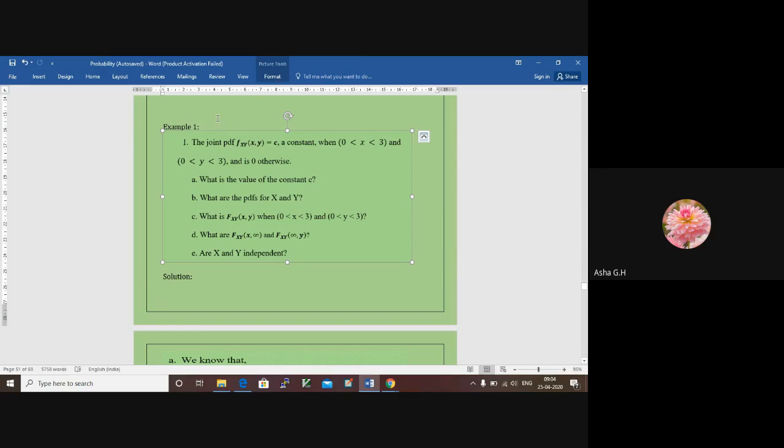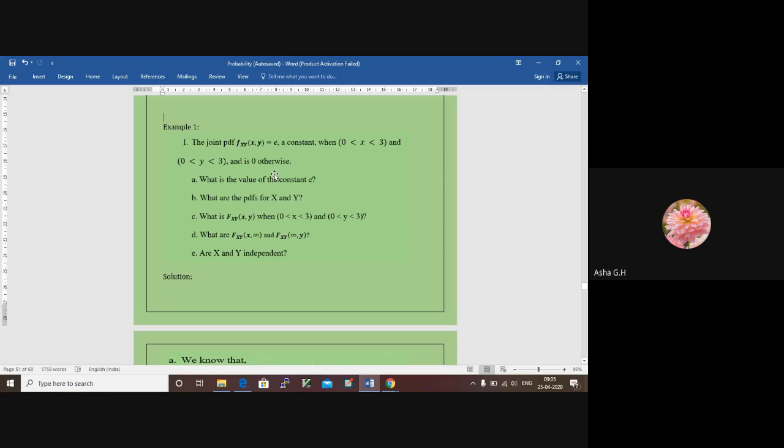Okay, this is an example for a continuous random variable when we have two random variables x and y. Now, the joint probability density function, that is small f of x comma y, is equal to c. It is a constant. Okay, and we have the range for x and y. The range of x is 0 to 3, and the range of y is between 0 and 3. And in all other places, it is 0. You can just try to plot this PDF. The question can be something like this: plot the PDF. It is very simple. You have a constant c between the range 0 and 3, so it will be a simple graph. You can just add that also.